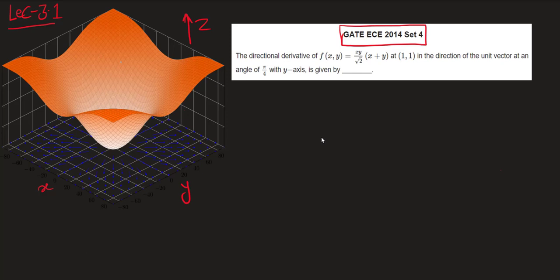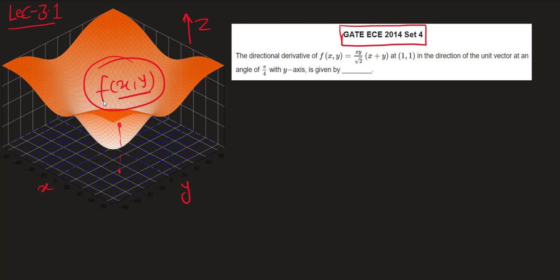So let's do some problem based upon the last 3 lectures. We discussed in lecture 3 about the gradient, and we discussed one important thing. Whenever we have a function which depends on x and y, that means if you take any point in the xy plane, correspondingly you will be getting f(x,y). Now we discussed one important point, that the rate of change of this function